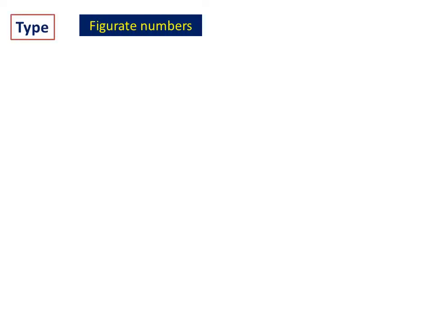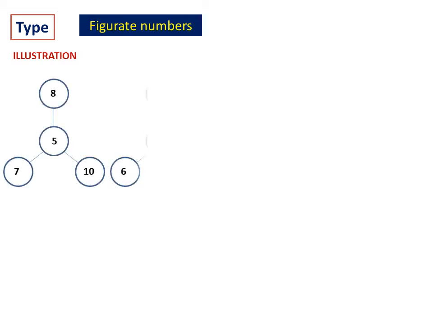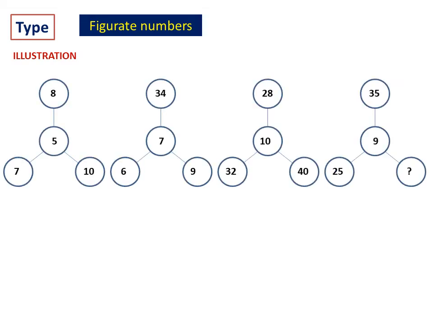So type is of course some authors call it as figure 8 numbers, because numbers are written in a diagram actually. That's why it is called figure 8 numbers. But the concept is this. Let me first illustrate. See here 4 sets of numbers are given and all the numbers are written in a circle. One is in the center, other 3 circles are outside. So that's why it is called figure 8 number. Now you have to closely study these numbers. Then here in one of the diagram there is a question mark.